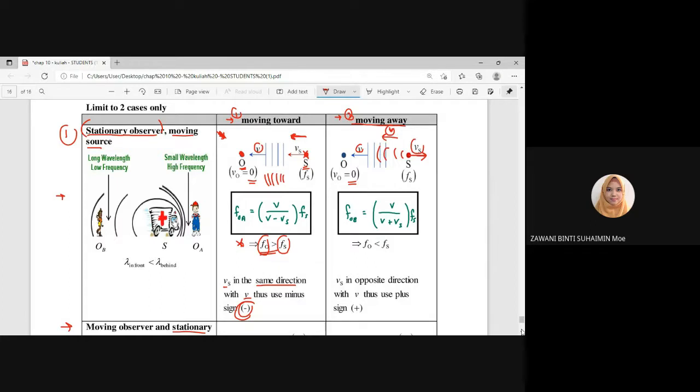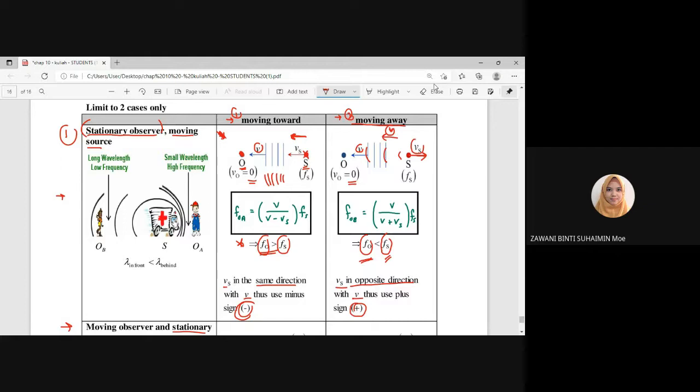Okay, so bila they are moving in opposite direction, kita akan pilih plus dalam kita punya equation. So macam tu bila benda ni berlaku, frekuensi yang didengari oleh observer akan jadi lagi kurang berbanding dengan frekuensi yang diriliskan oleh source of sound. Sebab apa? Sebab macam tadi, sebab the wave behind the source of sound dia akan jadi jarak-jarak kan. So sebab tu frekuensi yang didengari oleh observer tu kurang berbanding dengan frekuensi asal yang diriliskan oleh source of sound